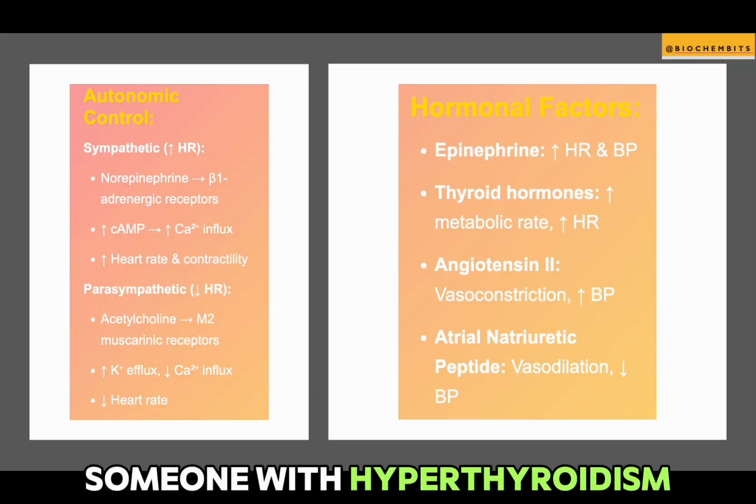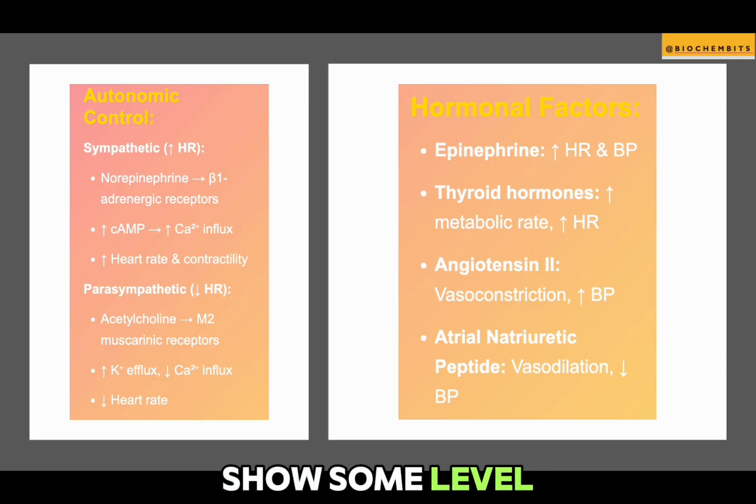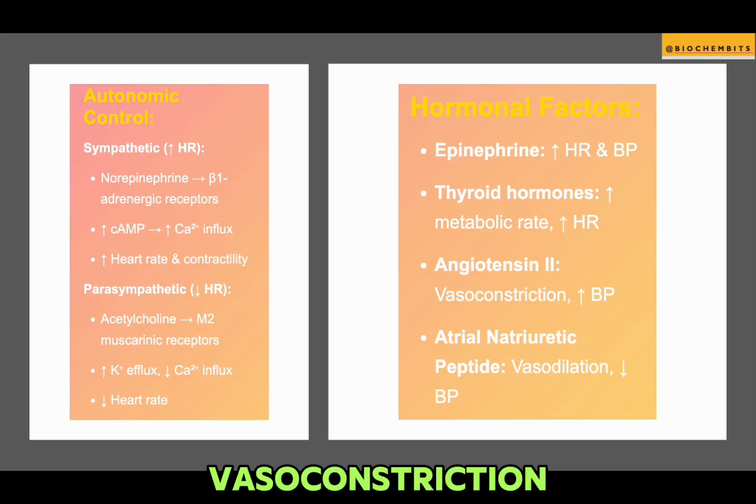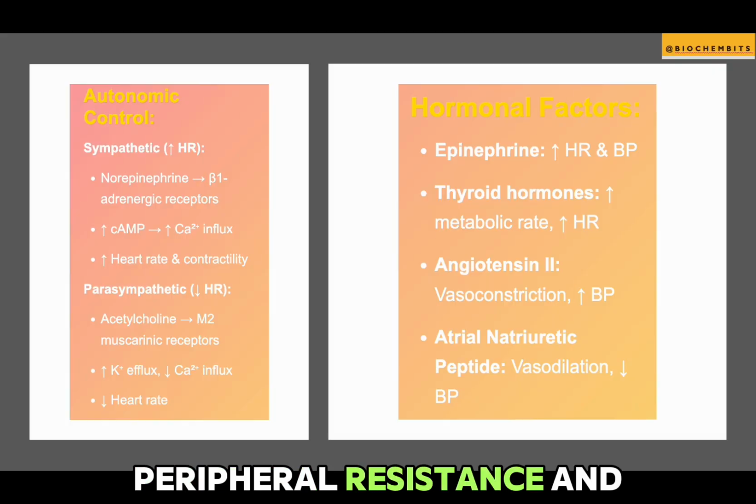This is why sometimes when someone has hyperthyroid cases, there is a persistent tachycardia symptom. Someone with hyperthyroidism will definitely show some level of tachycardia, when you have the pulse rate beyond 100. Looking at angiotensin 2, which causes vasoconstriction, increasing the peripheral resistance and blood pressure,